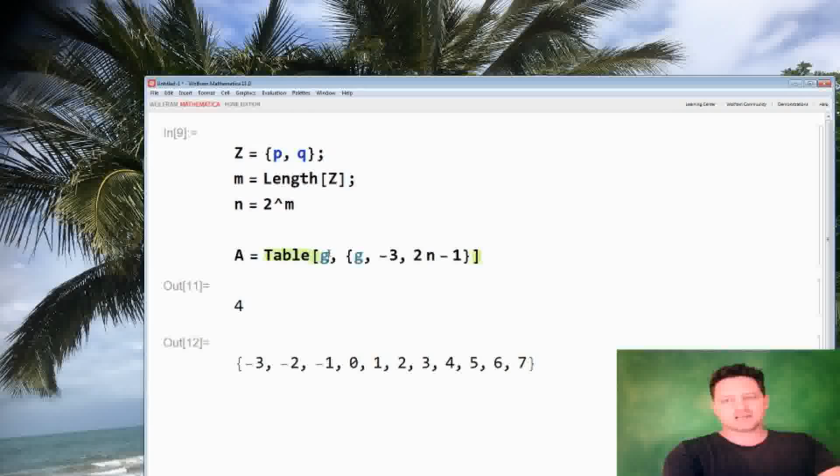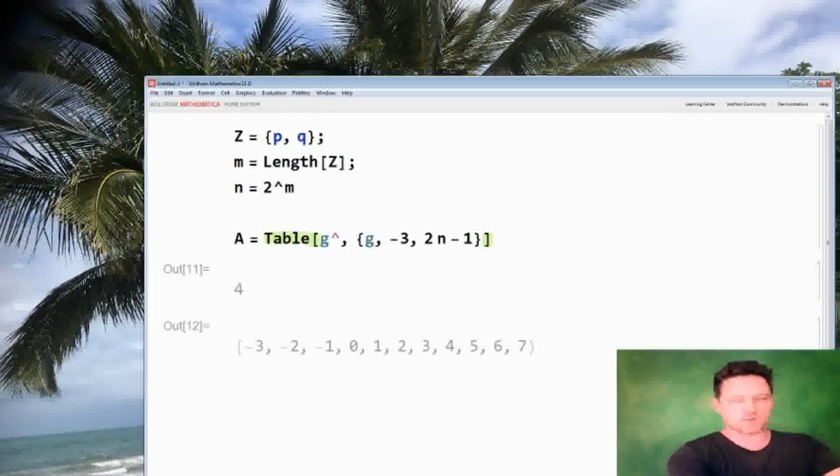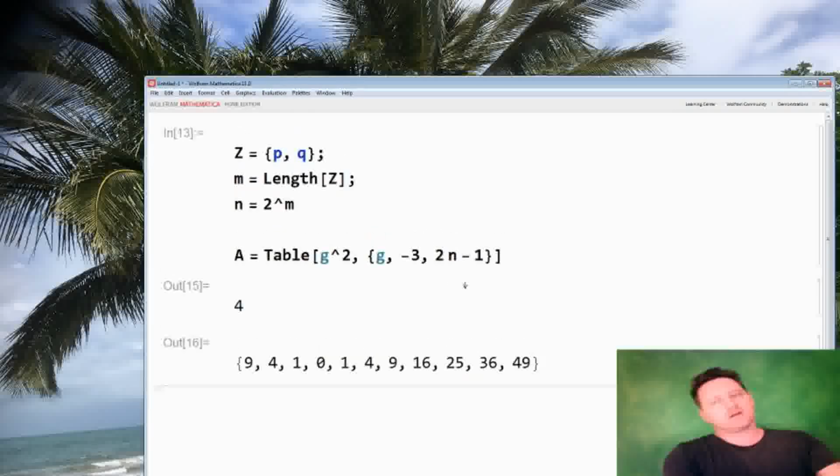If I change this, G to G squared, well, then I'll get the squares of all of these in a list. Alright, so this is quite handy. Alright, but back to constructing a truth table. So we want to tabulate over something, but what I'm doing is